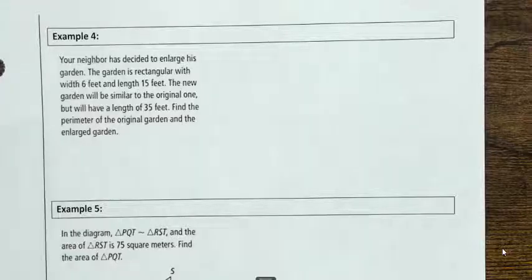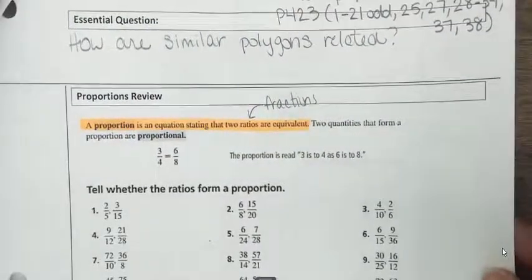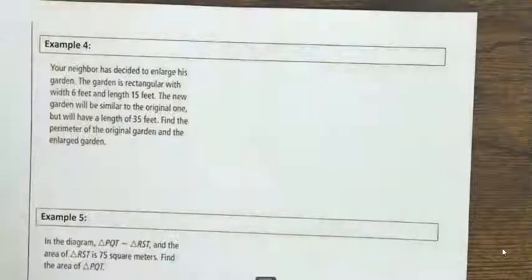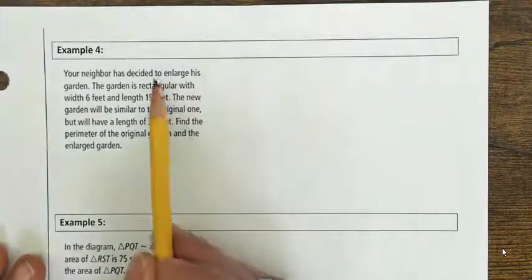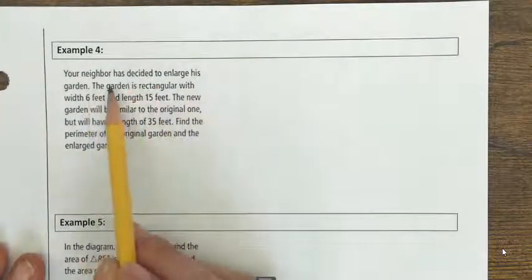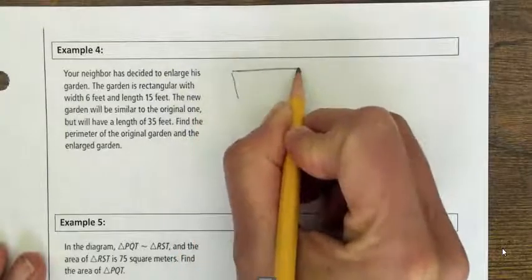All right, we're going to continue on answering the essential question, how are similar polygons related? These are 8.1 notes, and we are going to do example 4. So your neighbor has decided to enlarge his garden. The garden is rectangular, so I'm going to draw myself a rectangular shape